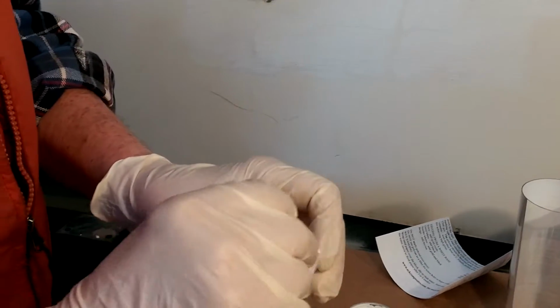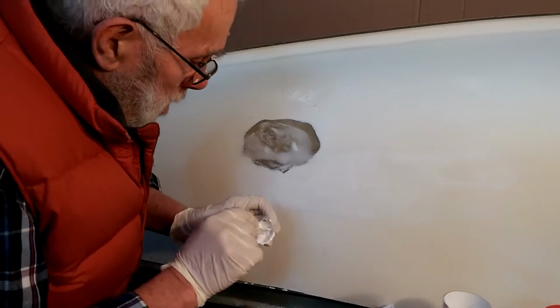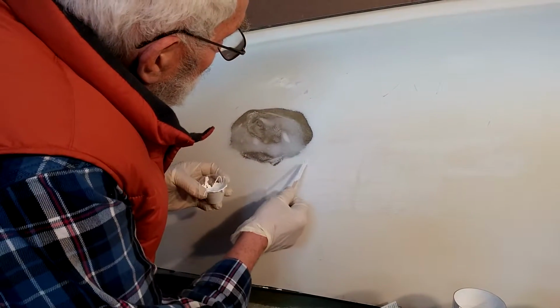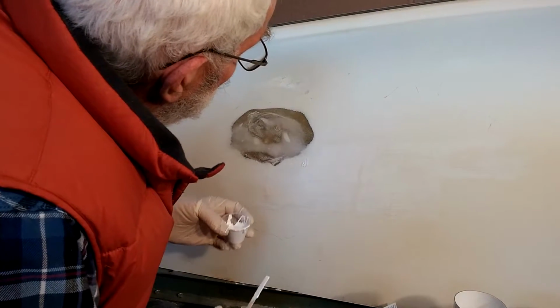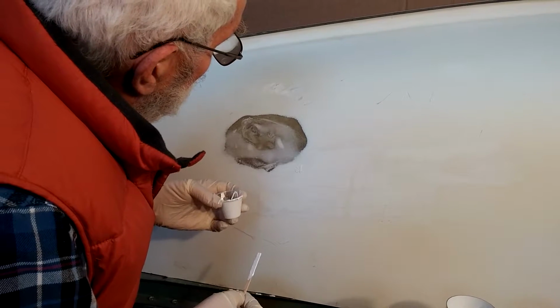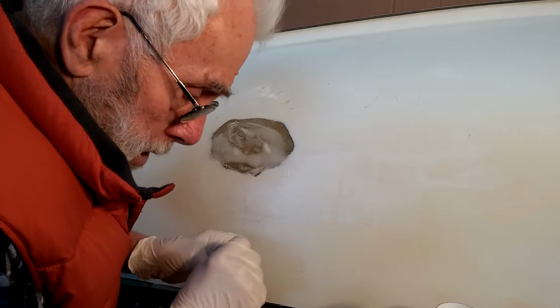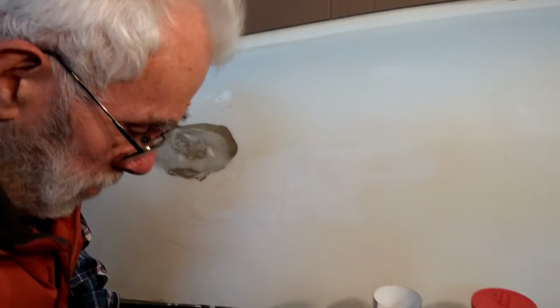Okay, I'm going to start out with about a half ounce of gel coat here. What I'm going to do is put a tiny bit of this gel coat on the original gel coat and see how close it is color-wise. That's pretty close, but what I might do is just add a tiny bit of ochre to it, just to tone off that white